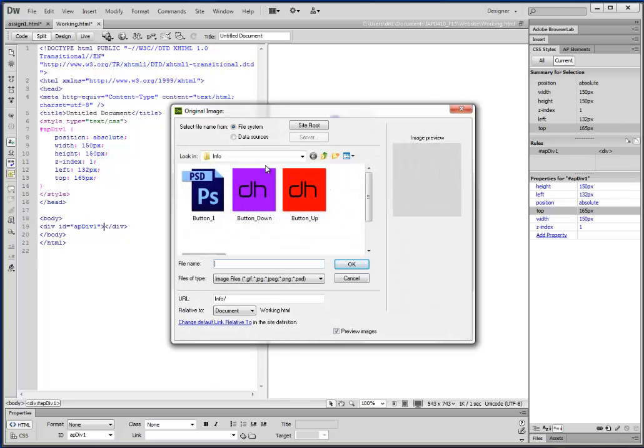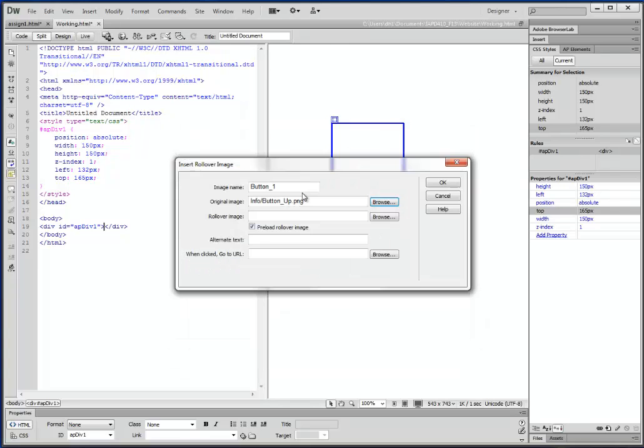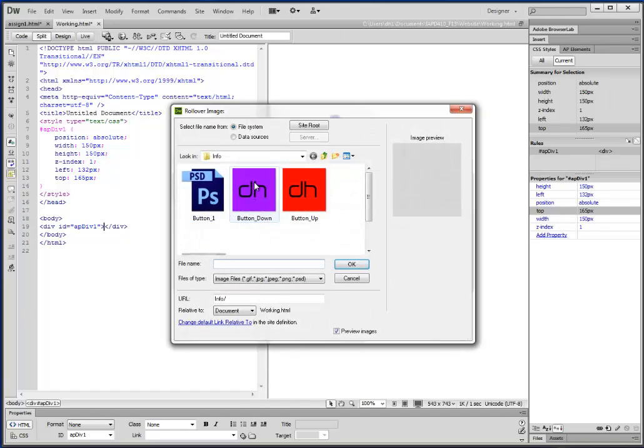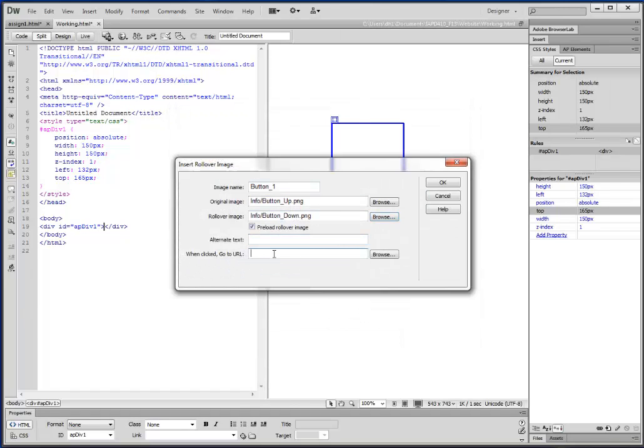And so we can come over here and it's going to ask us to select the image. Now it's really important that if you want to create some buttons here, this doesn't have to be the case, but you get these things to align and have a relationship to each other. You could set it up so that when you roll over the button, a giant image pops up as well, so that's not limited in that capacity. But we need to set up and upload our up state, and then we have our rolled over state. Okay. And from here we can also set up the link here,